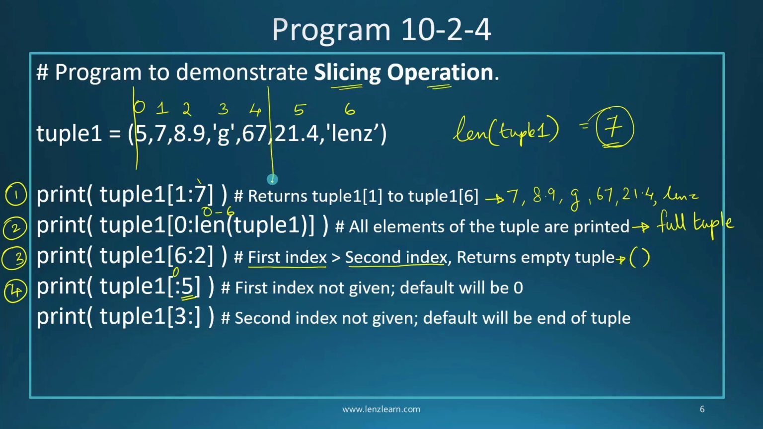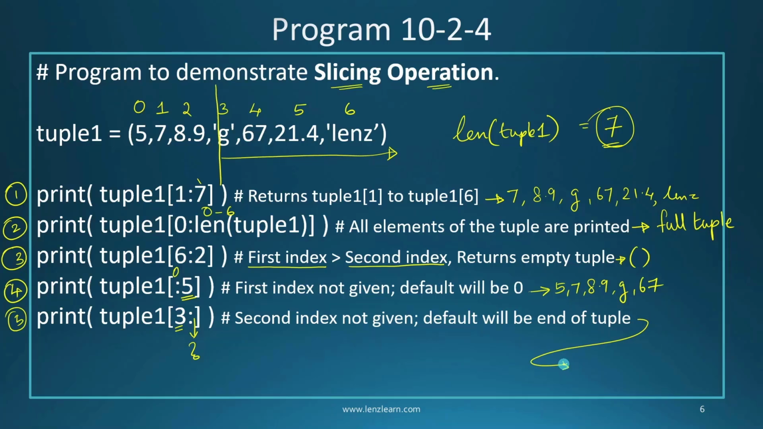So I will stop it at 4. So the output of this print statement will be 5, 7, 8.9, G, and 67. And the last print statement, here you can see I have given the first value but the last value is missing. Now in this case, last value will be taken as the end of the string. So now we will start cutting at index 3, and from there it will go to the end of the string. So the output of this print statement will be